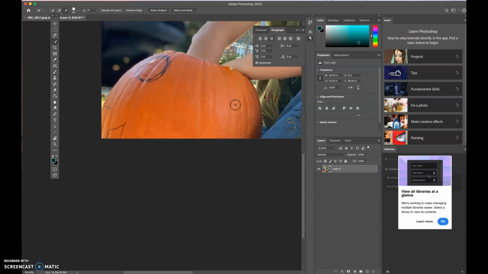Okay, so there's my pumpkin. Pretty good, but not perfect. And I am going to just leave this for now. And what I want to do is go way down to the bottom of my toolbar. Again, we're in Photoshop, of course, and turn on Quick Mask Mode. And what Quick Mask Mode does is it shows me what I have selected and what I don't have selected